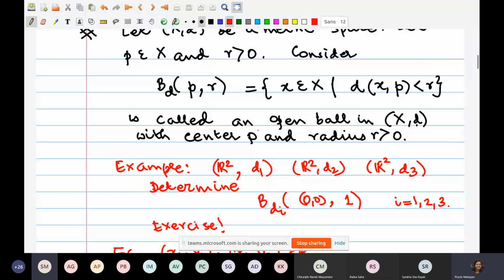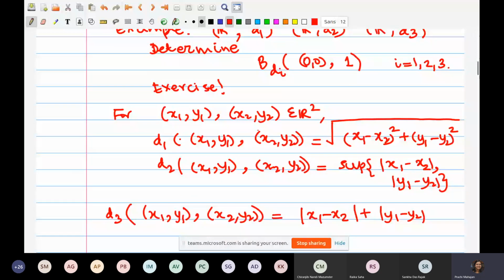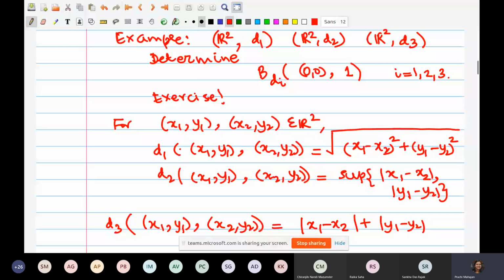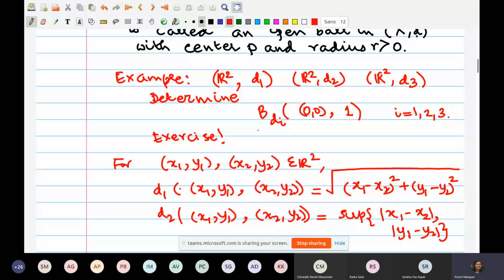Okay, so we talked about neighborhoods last time. Now we've also introduced this term of open balls, and we also talked about the concept of limit point. Let's remind ourselves what a limit point is. Given a metric space (X, d), a point P is a limit point of a set E if every neighborhood of P contains a point different from P. I think this is a bit too much to say orally, especially if you're seeing it for the first time. Let me write it down.